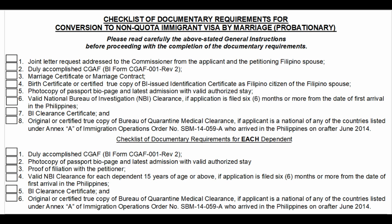Try not to miss out anything. Anyway, there's a list of things that you need here: a joint letter request addressed to the commissioner from the applicant and the petitioning Filipino spouse, a duly accomplished, filled out form, the marriage certificate, marriage contract, and birth certificate for both of you,